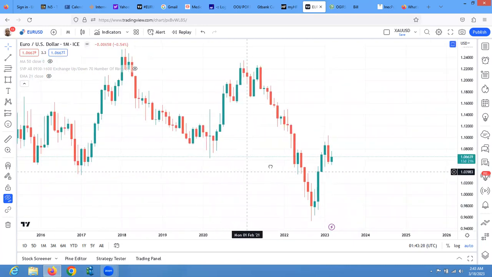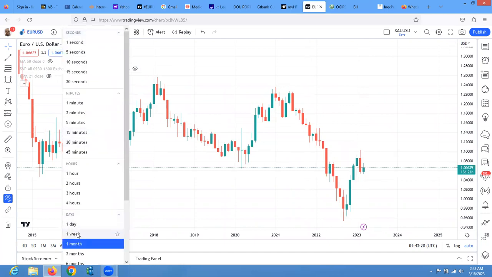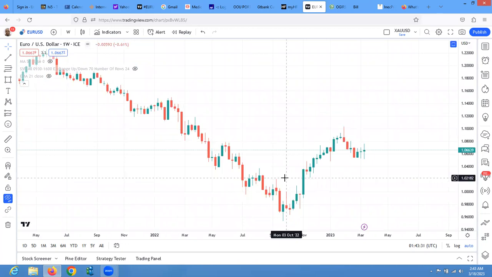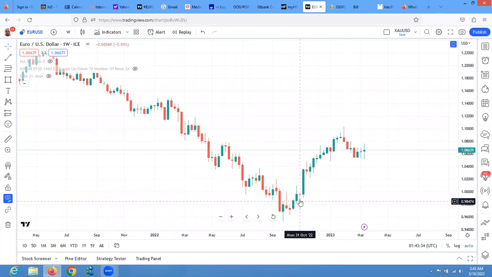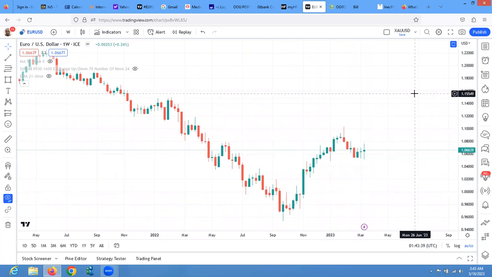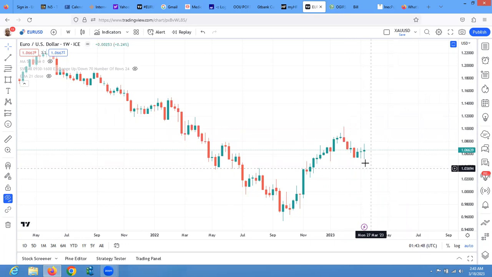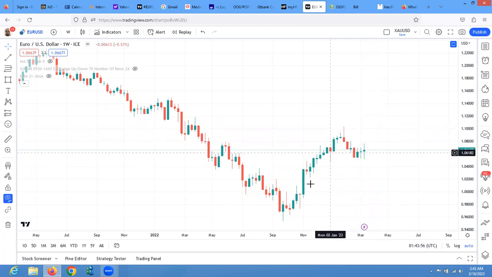So we can see that this is A and this is wave B, that we are in the middle of now. On the weekly time frame, you can see that this is wave A, which ran in 5 waves. And once C is done, we can only make this one a zigzag to the upside, because that is going to run deep. So a zigzag will run deep. We should be expecting to pick the low of this entire correction here. So once we have a B and a C run down, we are going to pick the low to do at least as much as, how many pips did we do here?